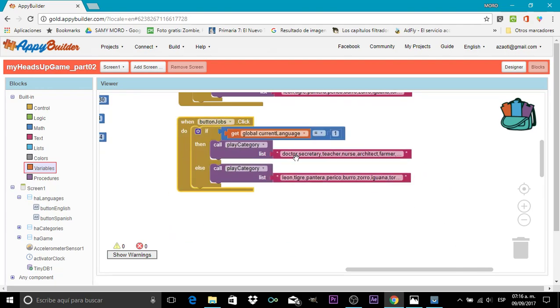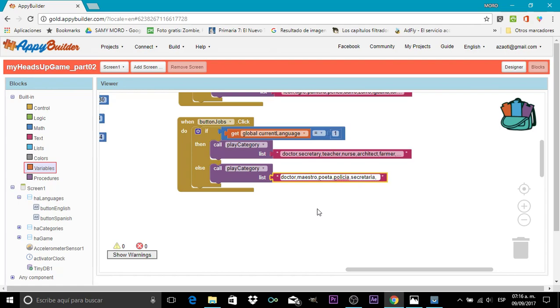For example, for jobs we are done, and for Spanish we need doctor, teacher, poet. But this is Spanish, sorry. Maestro, poeta, policía,